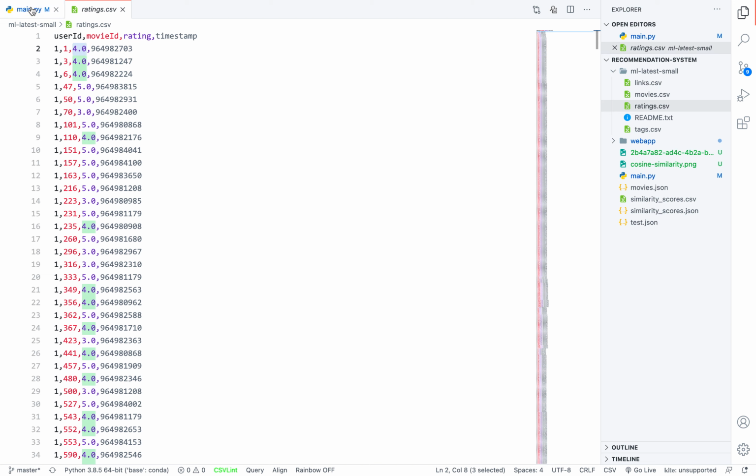So we will use this rating and find the similarity between the movies. For example, if user 1 likes movie 1, obviously we will recommend movies similar to movie 1 to user 1.